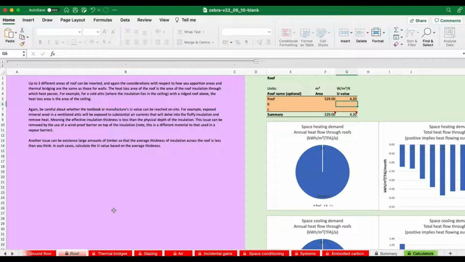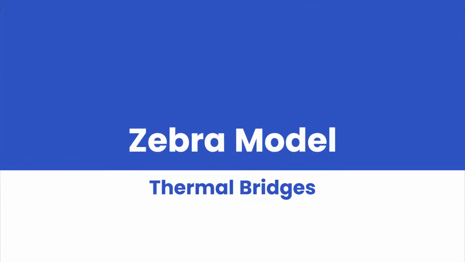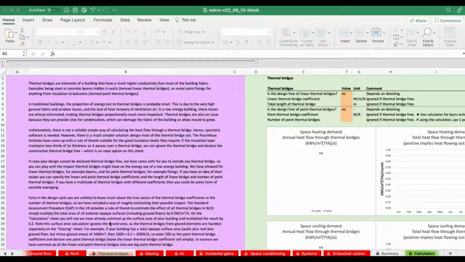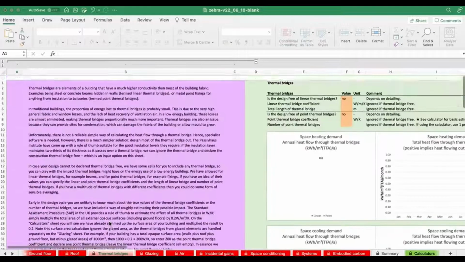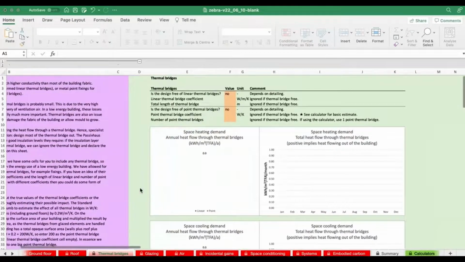We next turn to thermal bridges. There is a lot of text on the thermal bridges sheet, and it is worth you reading all of it to get a clear idea of the data you need to enter. Moving over to our orangey beige boxes and trying to fill those in, we get this.